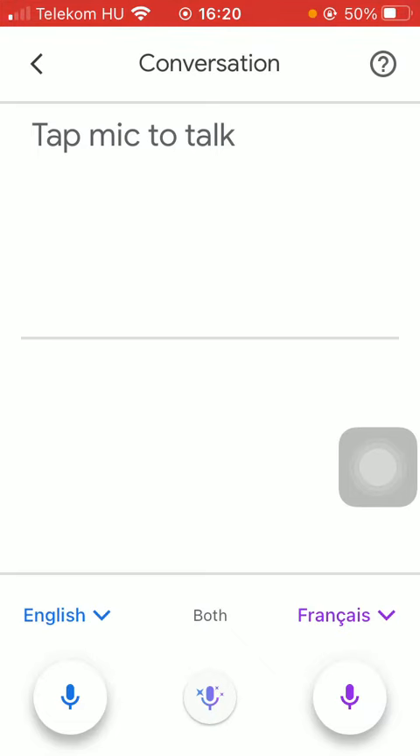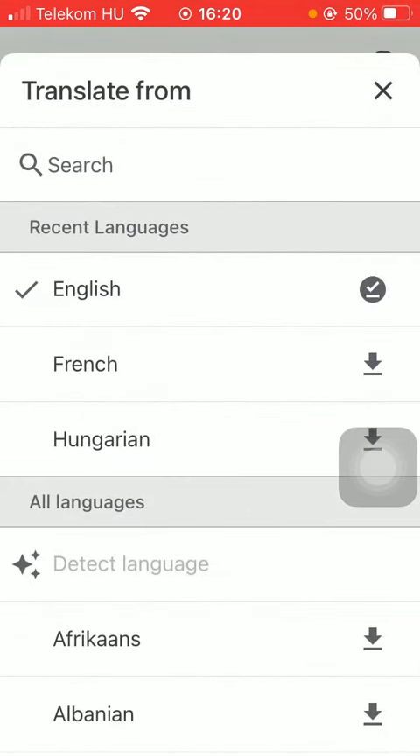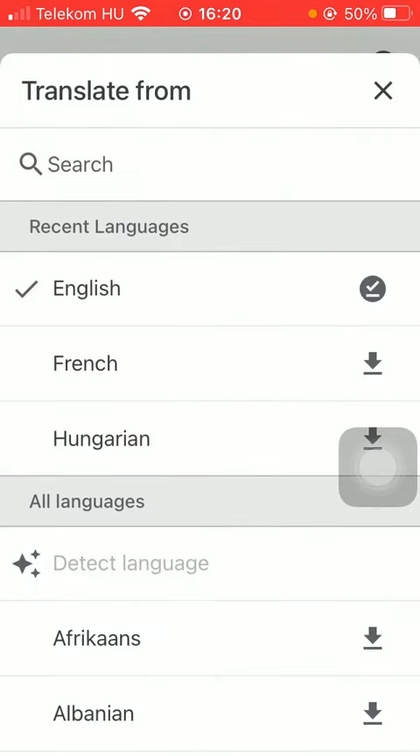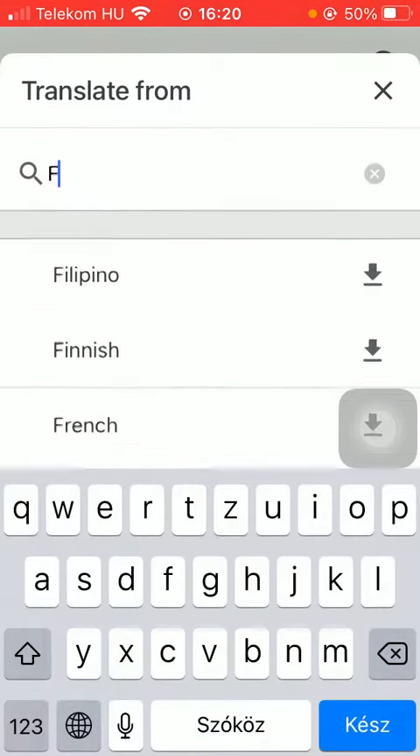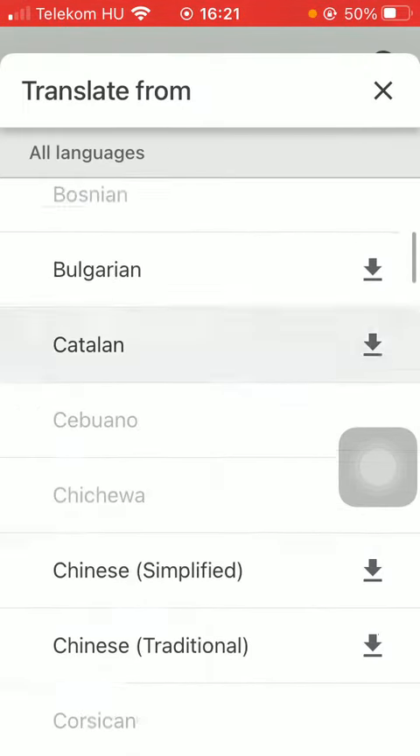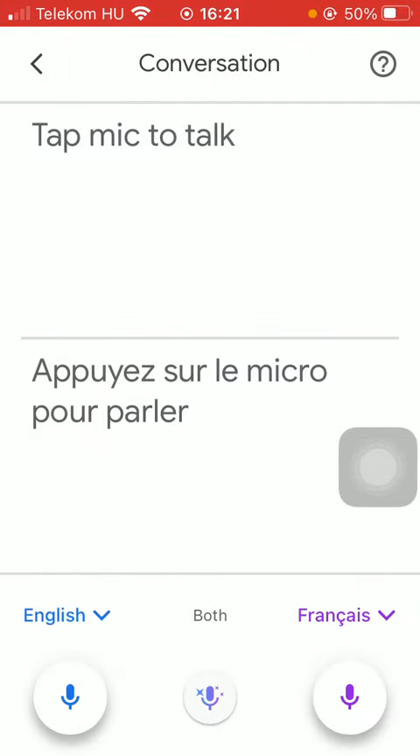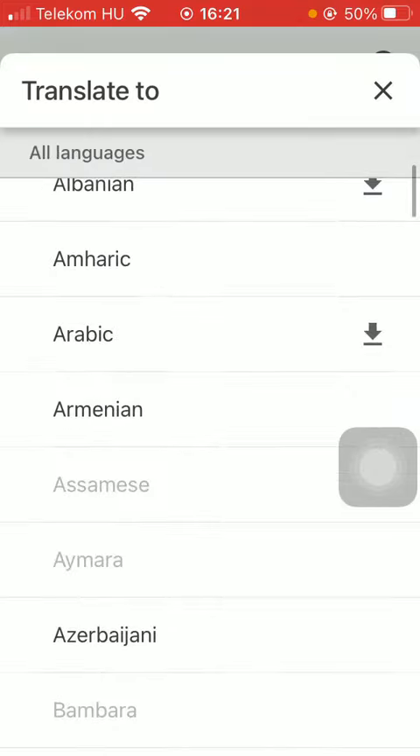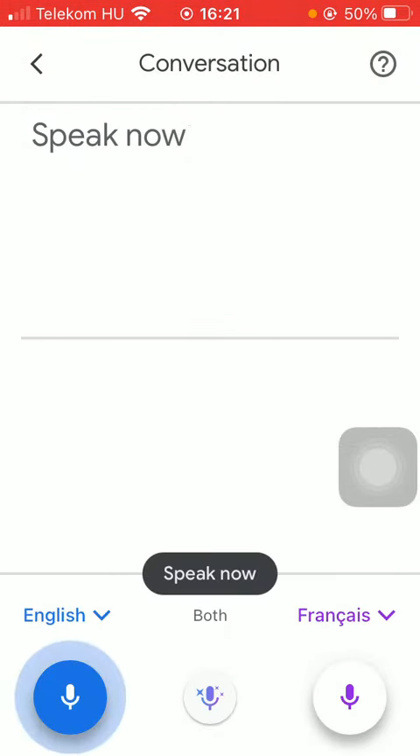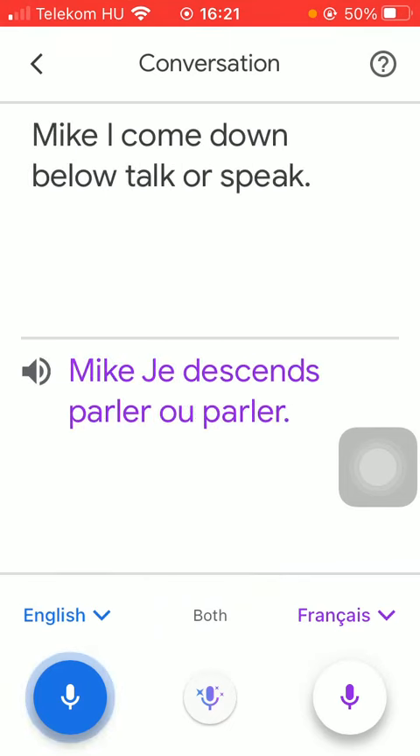Here down below you can select the source language by clicking on that button, and then you can either use the search bar to search for your language, or you can also scroll down till you find the relevant one, and then you can also select the target language here. And then what you have to do is tap on this mic icon down below, and speak whatever you